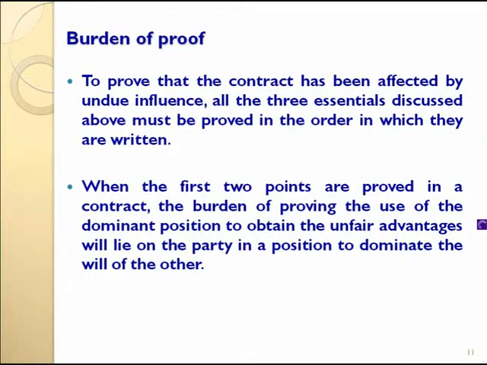If you have proved the first 3 points, then it will automatically be taken that this consent was not given as free consent to the other party. Until then, this will be a valid proposal. If it is proved, it will be deemed a voidable deal, and a voidable deal means execution of this deal will depend on the choice of the party who had not given his free consent.